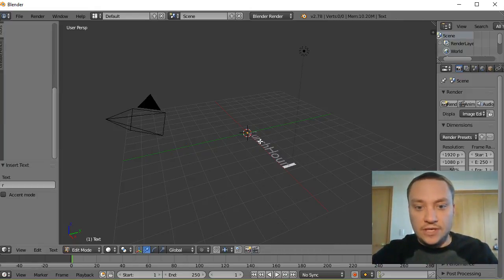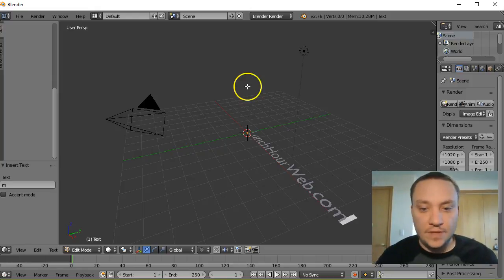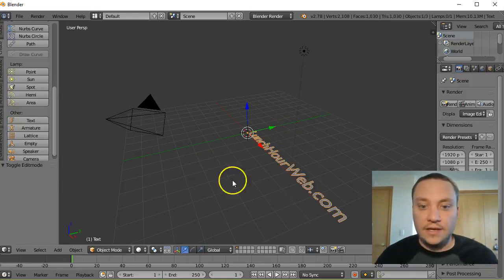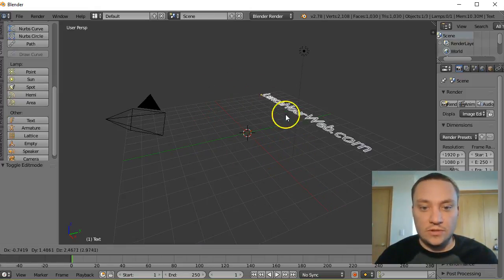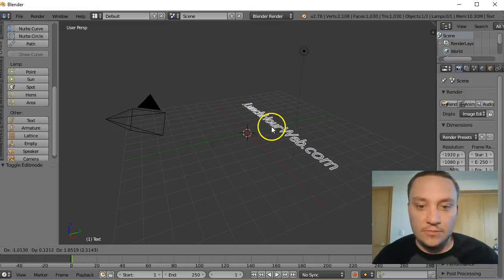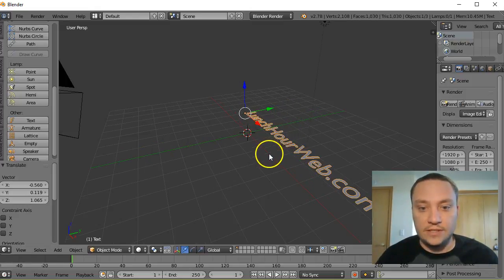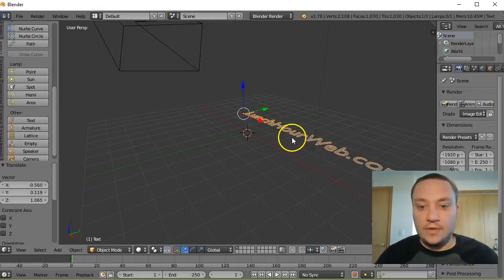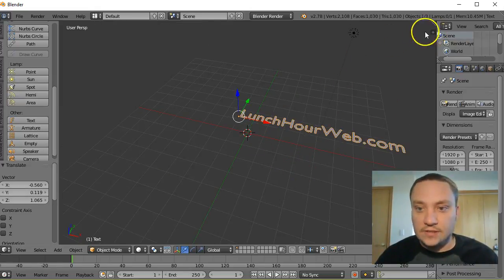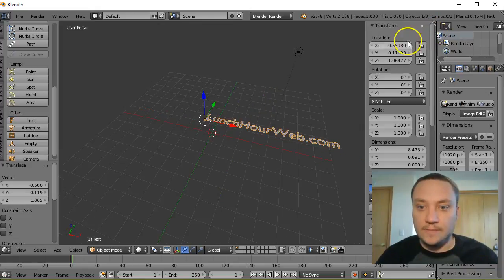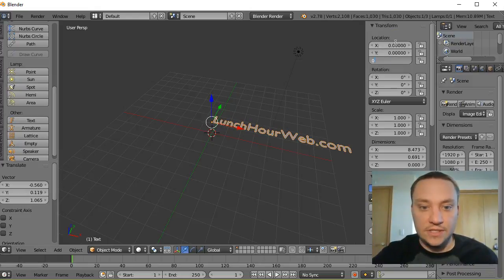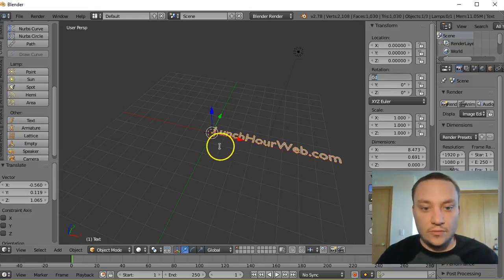So I'm going to put in lunchhourweb.com, press tab again, and it's going to select the object. Again, I can use my left mouse button to move it around and find where I want to put it. But instead, I want this to snap right to the X and Y axis. So I'm going to click this little plus sign up here. I'm going to say I want it to be at X0, Y0, Z0. Notice it puts it right in,